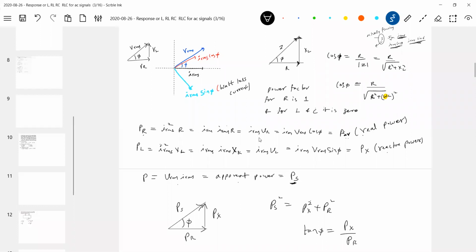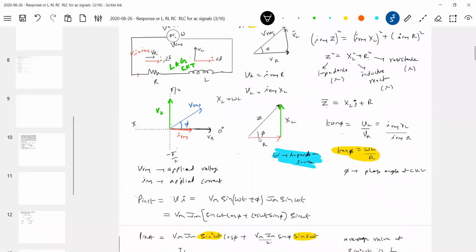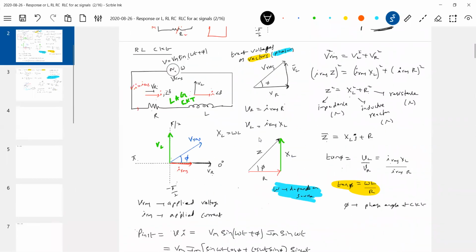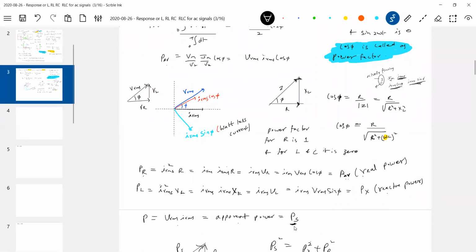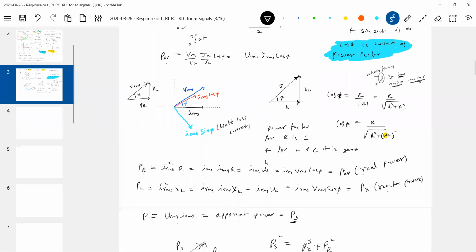So what is an RL circuit? An RL circuit is a lag circuit, which will make the current lag the applied voltage. And in this, who will consume power? It's actually only the resistor which will consume power. Reactive power is not dissipative power. It's only an exchange of power that occurs between the source and the inductor. When the cell gives any power to the resistor, it will dissipate it. It will not return back. That's the main theme. Okay, similarly we'll go for the RC circuit now.